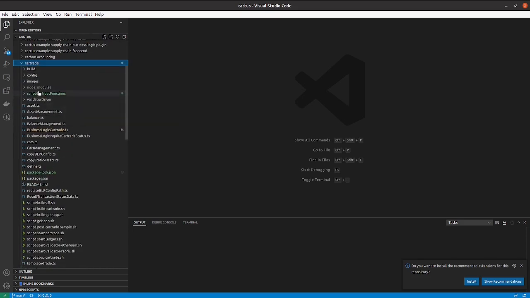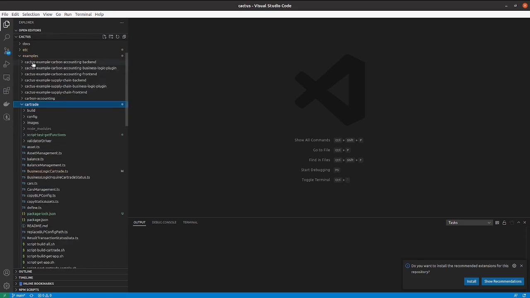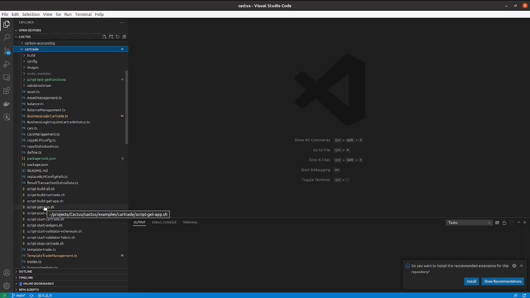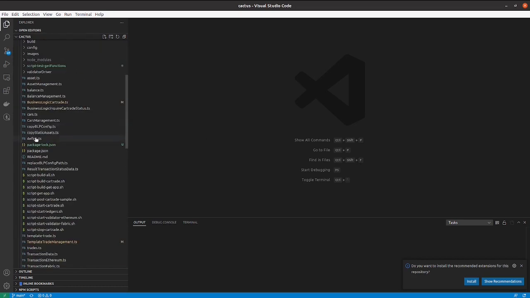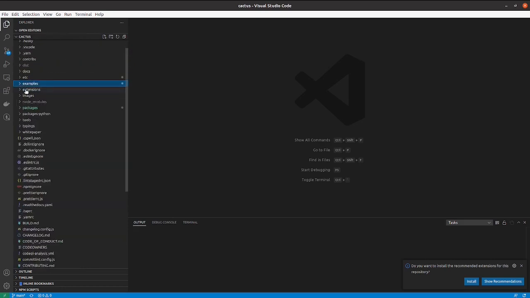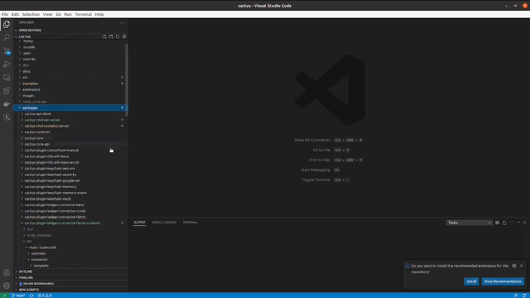And here in this folder, inside this examples Cartrade, all the business logic plugin has been implemented. The other folder which we are using will be the packages. Inside this folder, these are all the plugins corresponding to each blockchain which we need to connect to specific blockchains.